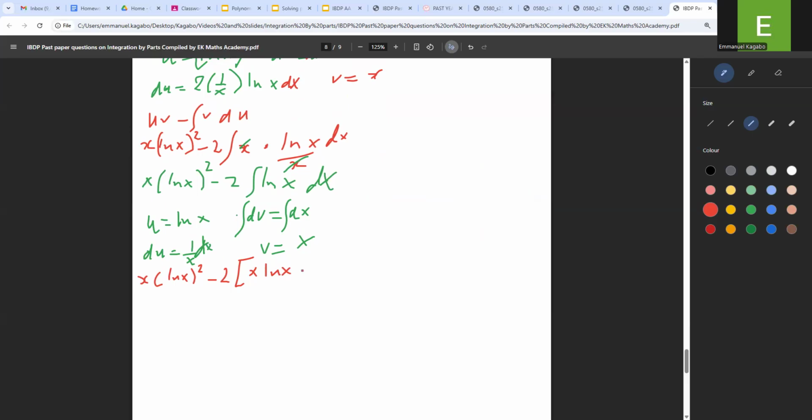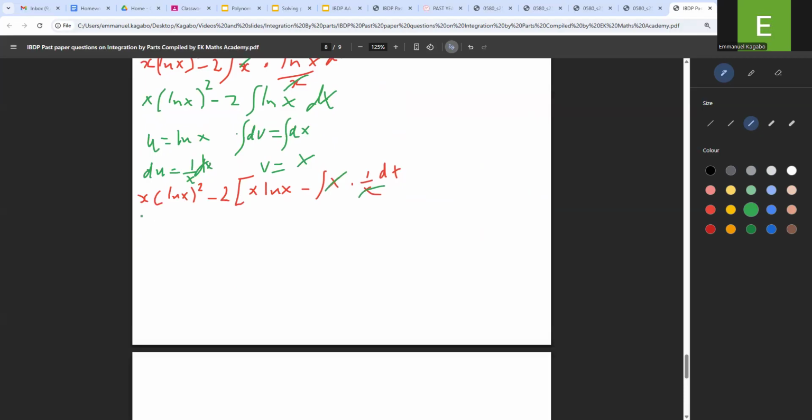Then minus integration of v, which is x, times that one, so times 1 over x dx. Okay, double check what I'm doing, please. If there's a step you don't get, let me know. Okay, now what happens here now? This one will cancel with this. So what do I mean? I'll mean x